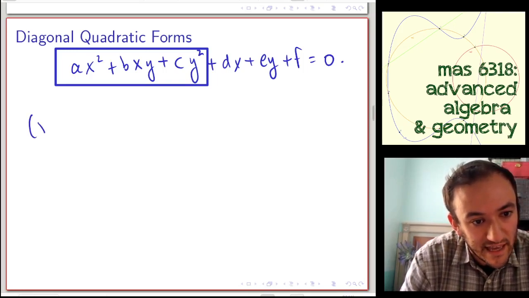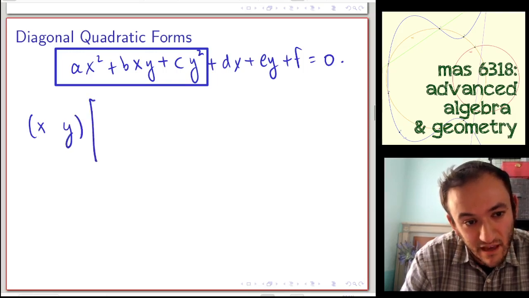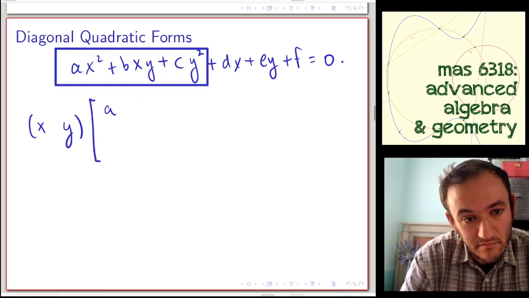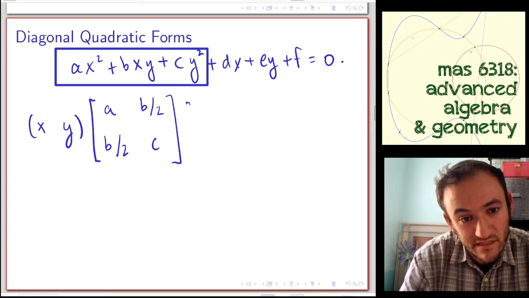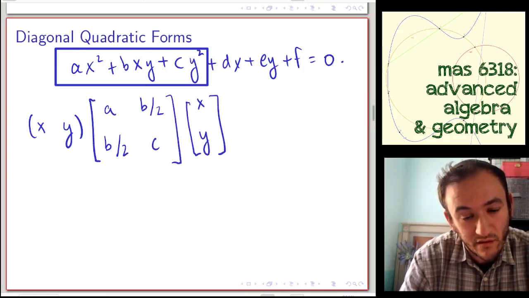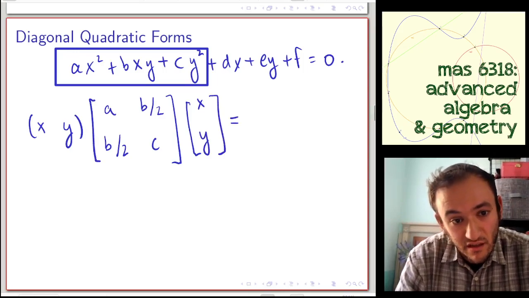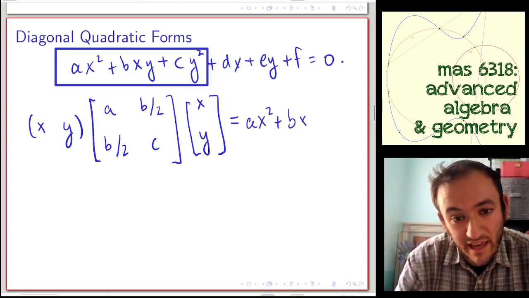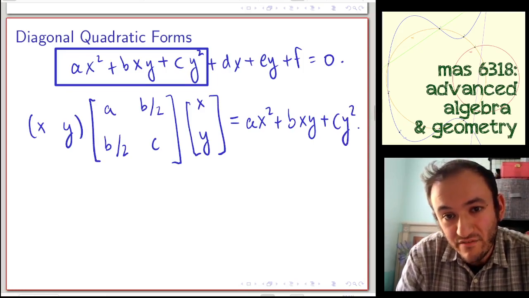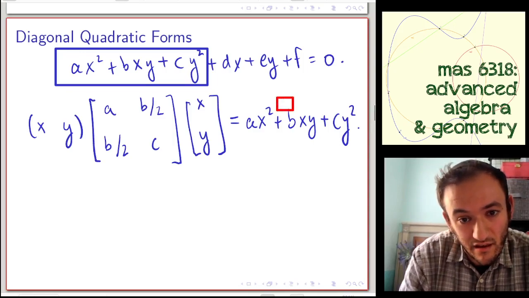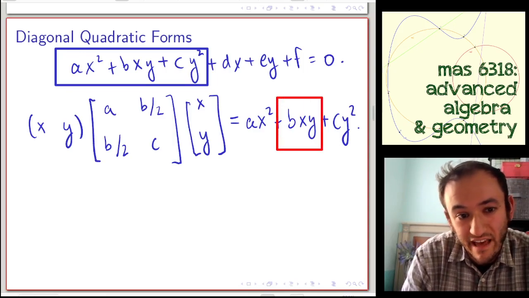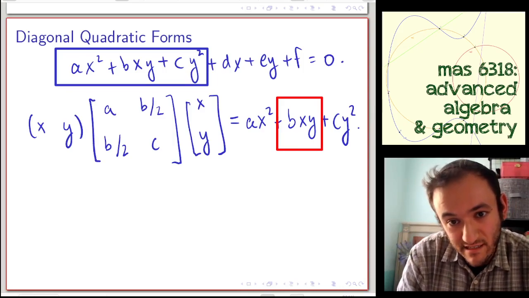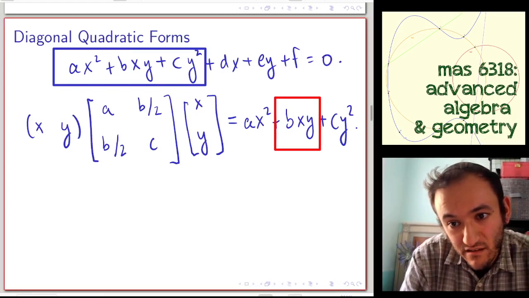One way of writing this degree 2 polynomial is to say this is (x y) times the matrix with entries a, b over 2, b over 2, c, times (x y) transposed. If you do this matrix multiplication, you'll see that the result is ax squared plus bxy plus cy squared. We would love to be able to get rid of this cross term, because then we would have what's called a diagonal matrix. And there's a great useful fact from linear algebra